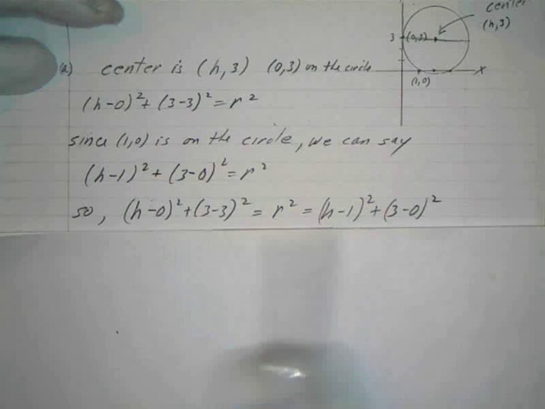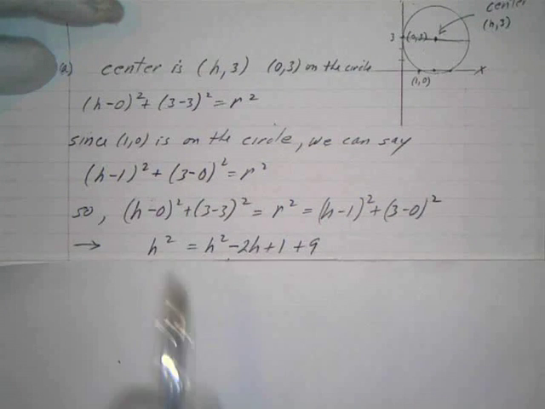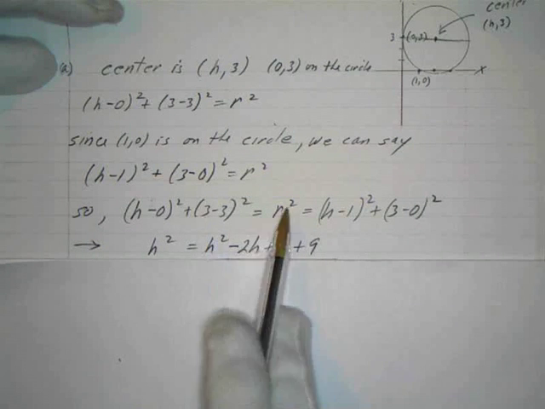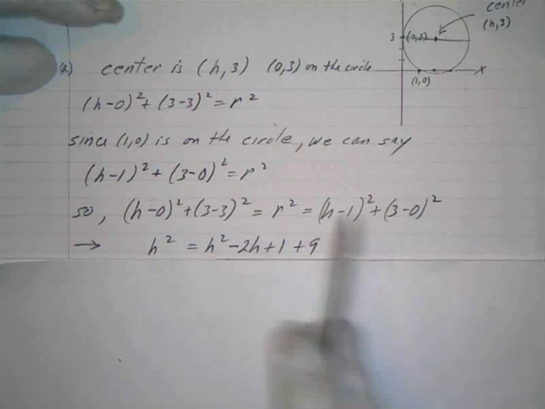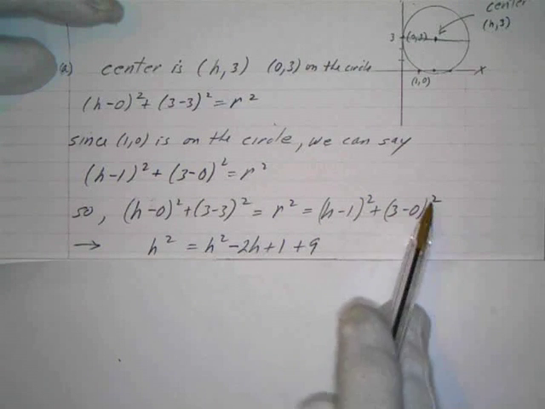Because I'm just trying to find out what h is, and then I'll know the center of the circle. So I just set these equal to each other. Now h minus 0 squared is just h squared. 3 minus 3 is 0, so that goes away. So on the left, it's just h squared. On the right, I've got h minus 1 squared, and again, 3 minus 0 squared is just 9, and then